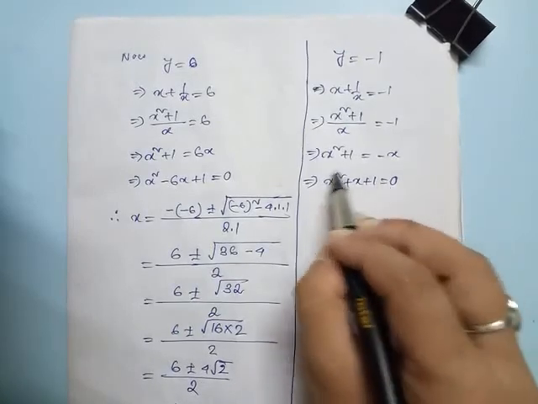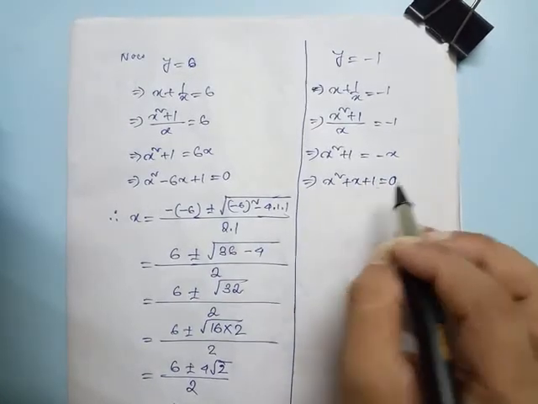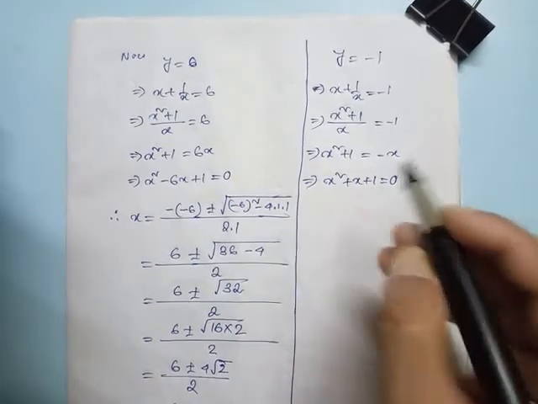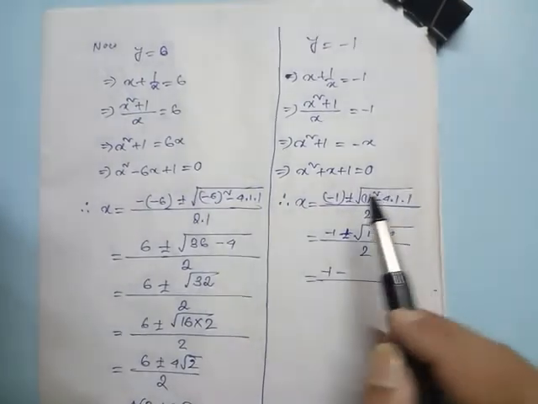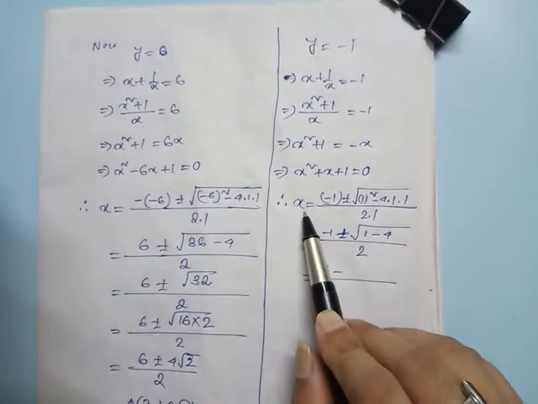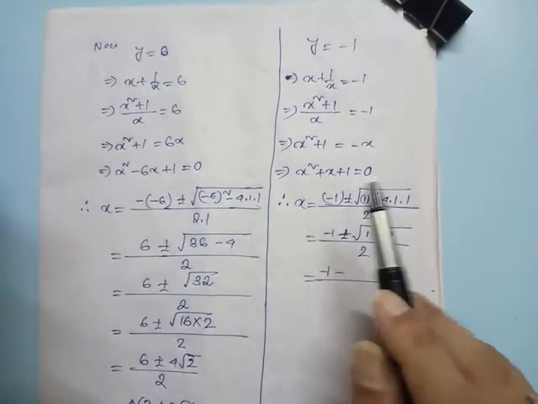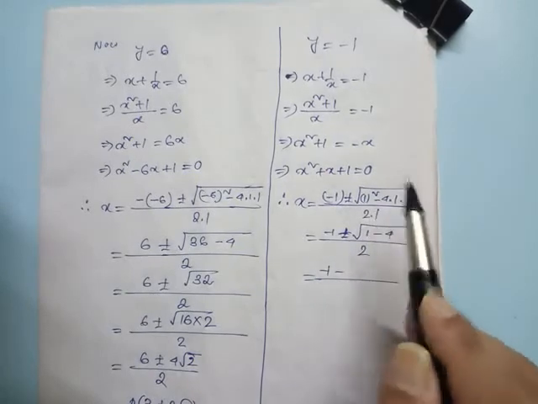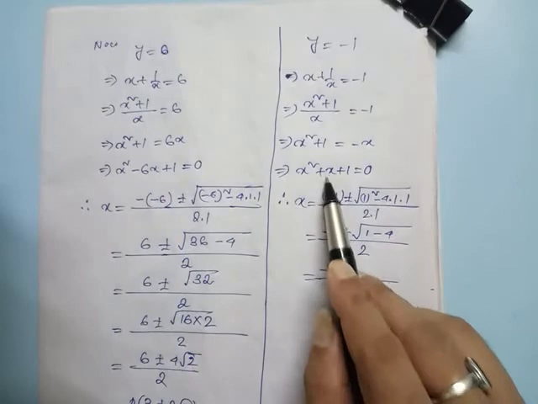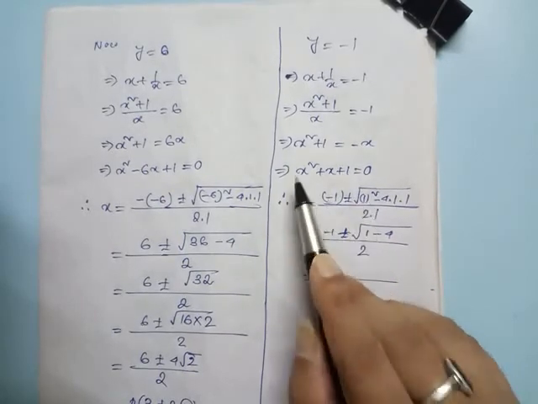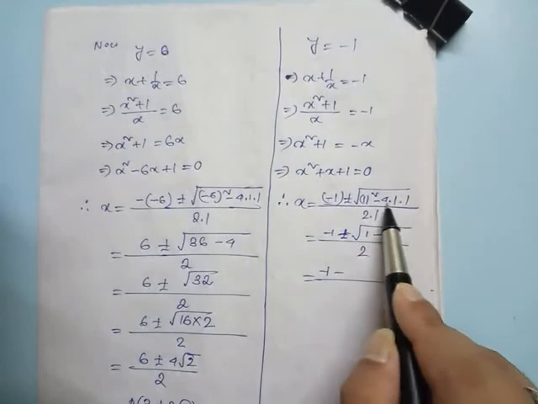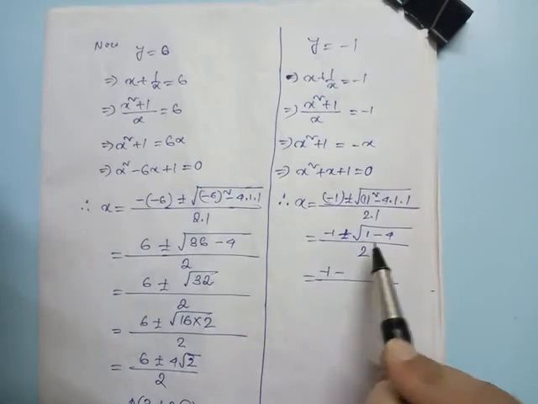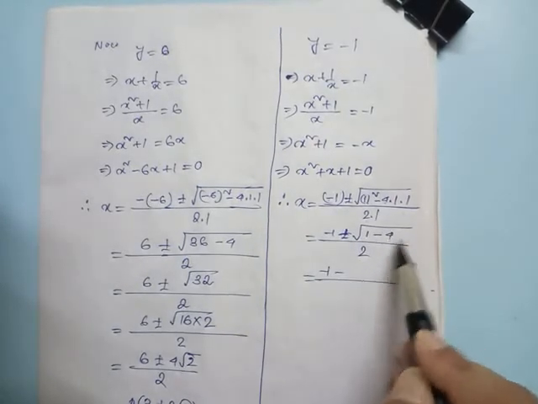This is again a quadratic equation, but it cannot be solved with the help of middle term. So there is only one way out: we have to take the quadratic equation formula. Now look student, we are using here the quadratic equation formula. x = −b ± √(b² − 4ac) by 2a. Here b is 1, so −b means −1. a is also 1, written 1 square, −4ac by 2a, 2 into 1. Now −1 ± √(1² is 1, and −4) by 2.